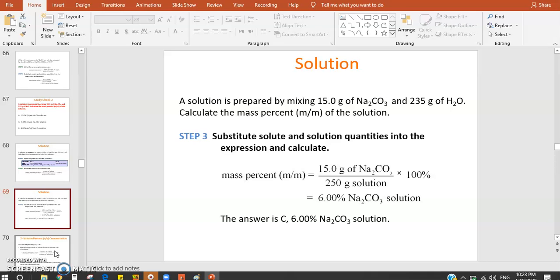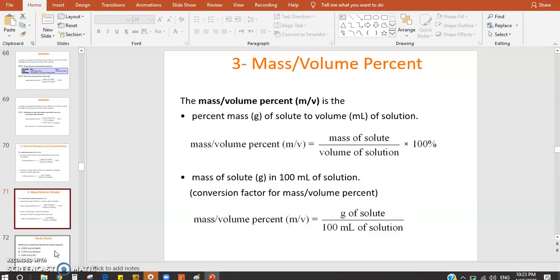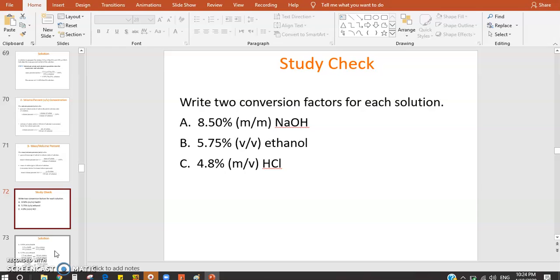Same exact method to do volume per volume. Same thing for mass volume percent, it's also the same. So here, write two conversion factors for each solution. For example, 8.50% m/v NaOH. How would we write this in